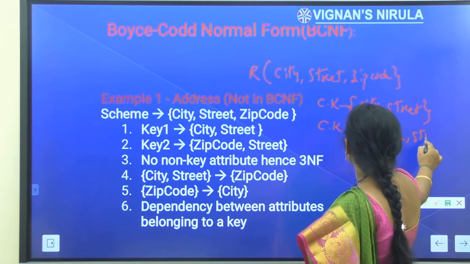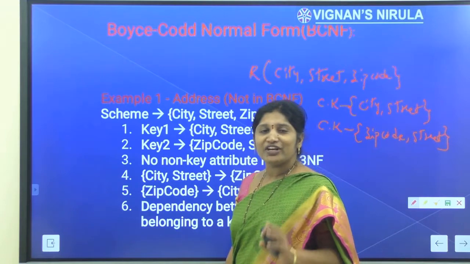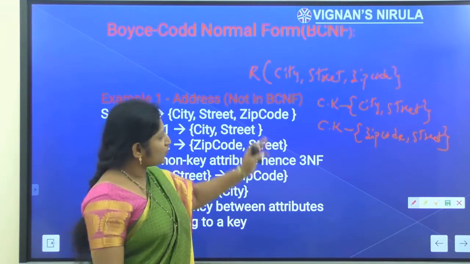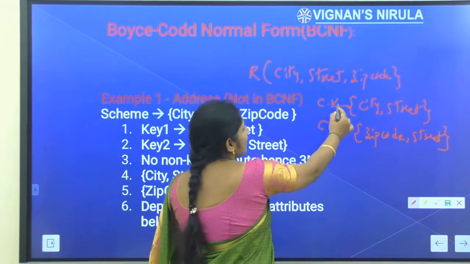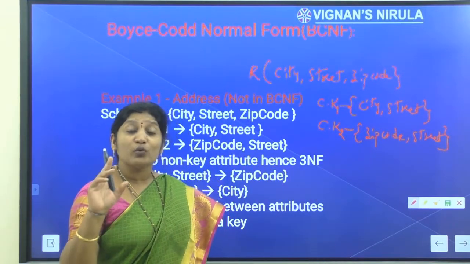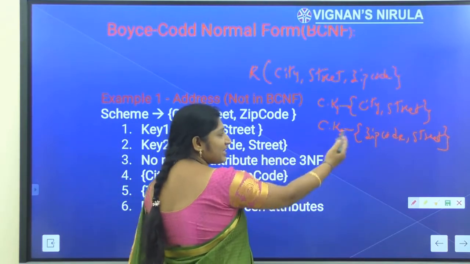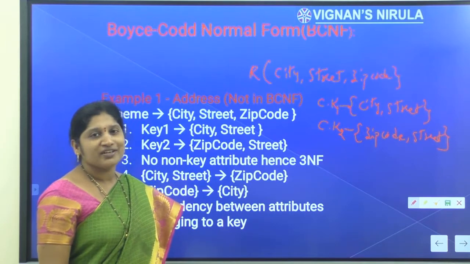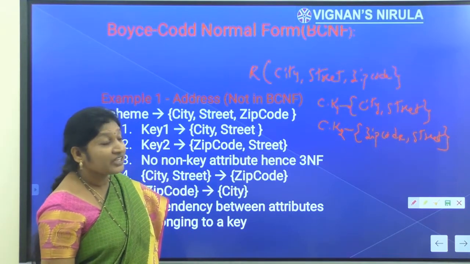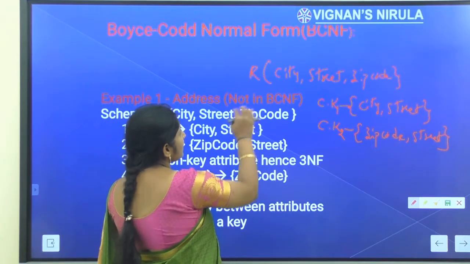So already we have discussed that BCNF is applicable if and only if the table consists of more than one candidate key. Within your table I have two candidate keys, and each candidate key consists of more than one attribute. The first candidate key consists of two attributes and the second candidate key also consists of two attributes, and while most of them are not disjoint, at least one of them is disjoint. So you can apply BCNF.